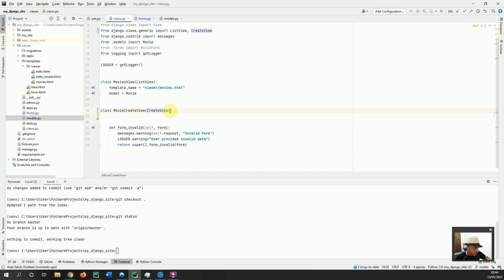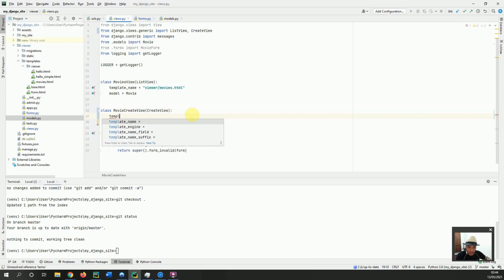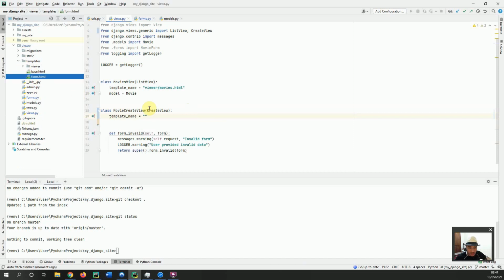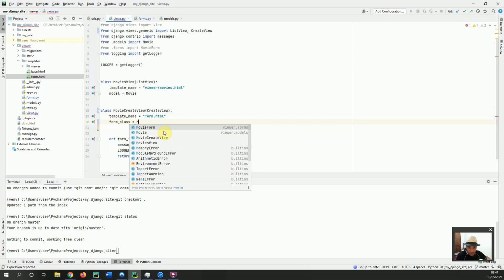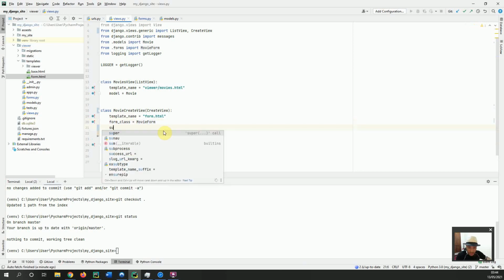and then it needs not as many parameters as before. So template name, where is it? It's form.html. So that's the template name, form.html. That's the template where I want to have this create view, and then form class is going to be MovieForm, of course, and then success URL